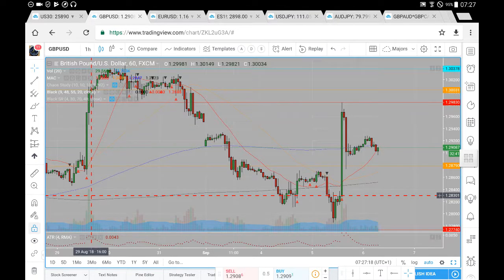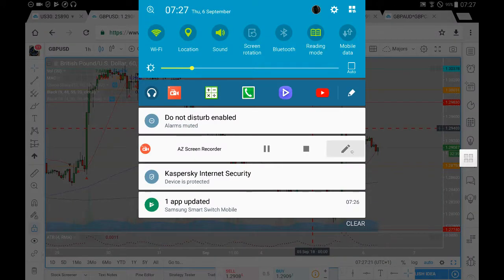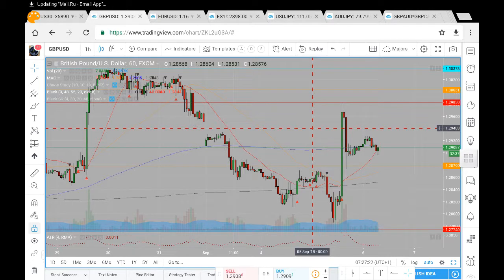So this is a pound dollar analysis for Thursday, 6th of September. Now let's just have a look at prices and where prices may likely go. Previously, prices were starting to develop here to the upside. We were looking to see our price react towards the 28.79. Instead we did see a breakdown before we got towards that